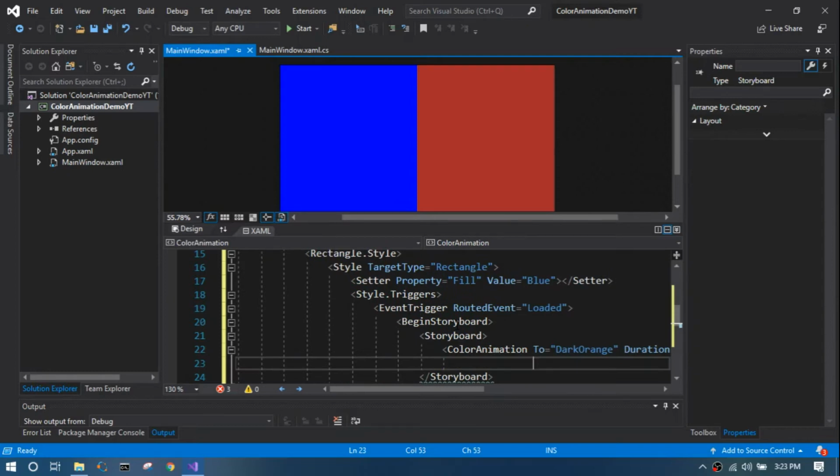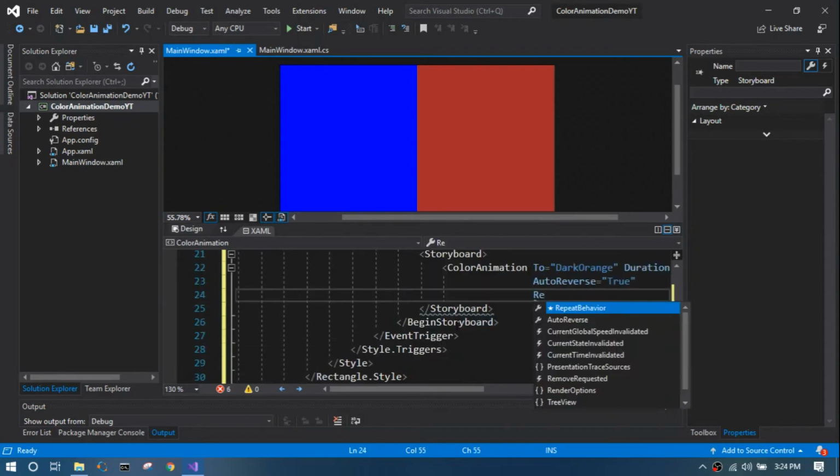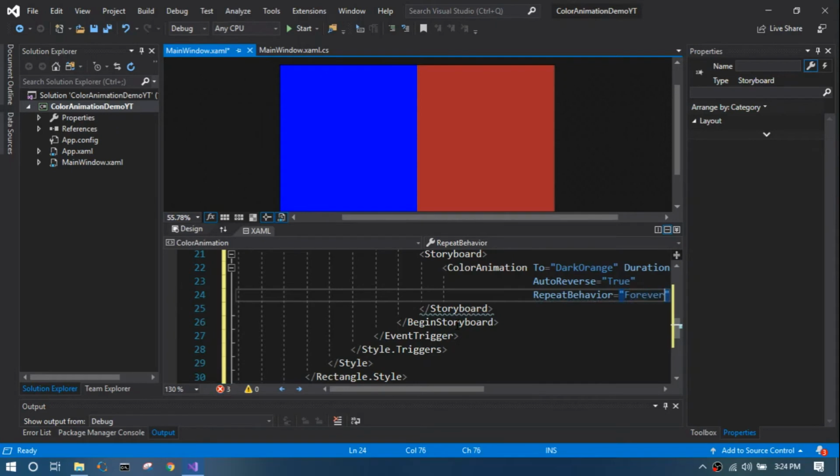And what else is missing? Auto reverse. Auto reverse actually reverses the animation once the 2 seconds complete. From blue to dark orange it takes 2 seconds, and then the final color of the rectangle will be dark orange. If auto reverse is true, then from dark orange to blue it will animate again with the same duration of 2 seconds, and it's a one-time process. In order to repeat that, we have repeat behavior, and you simply mention forever,